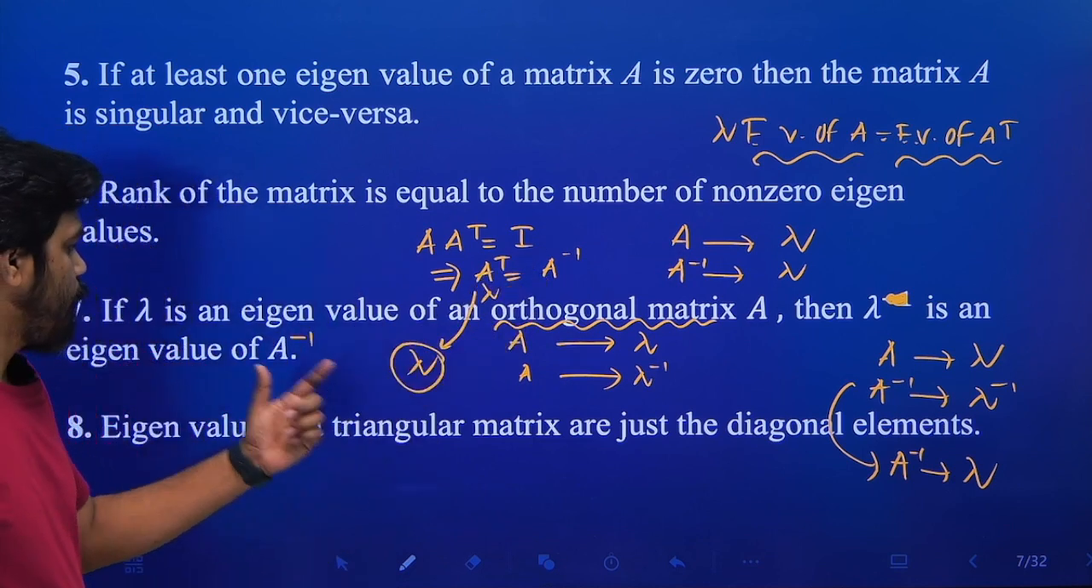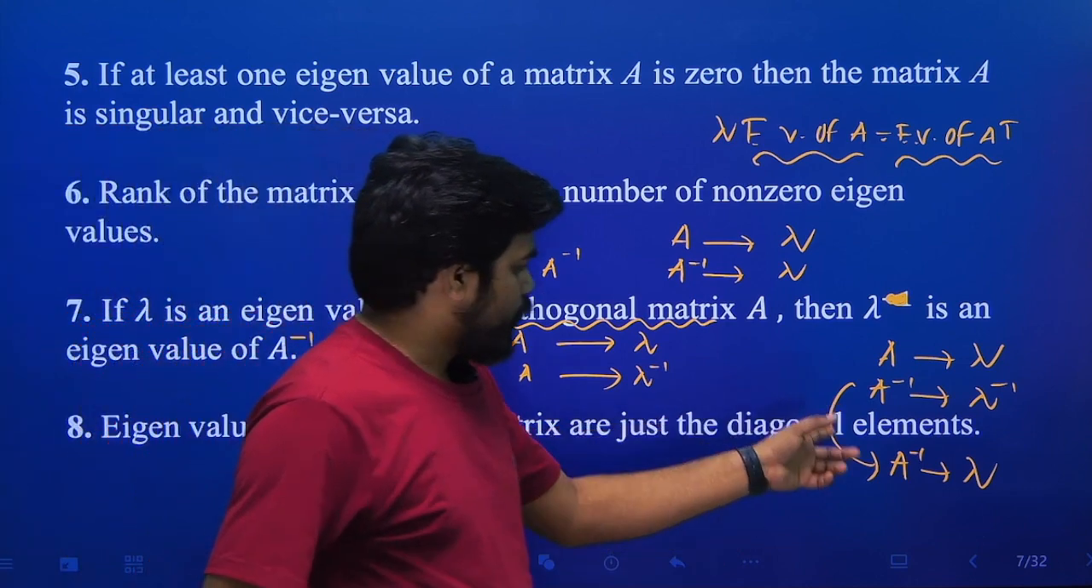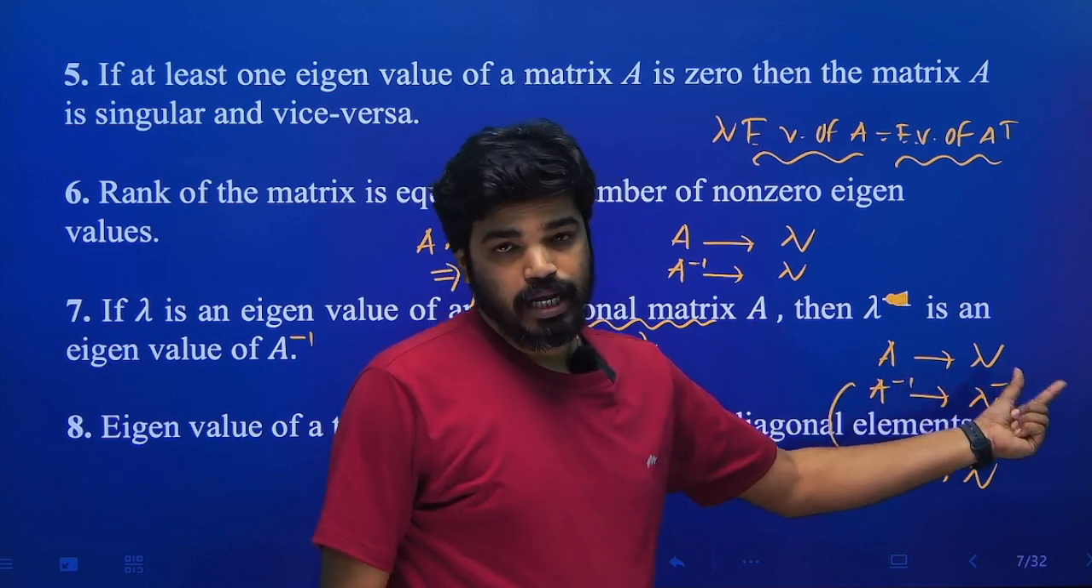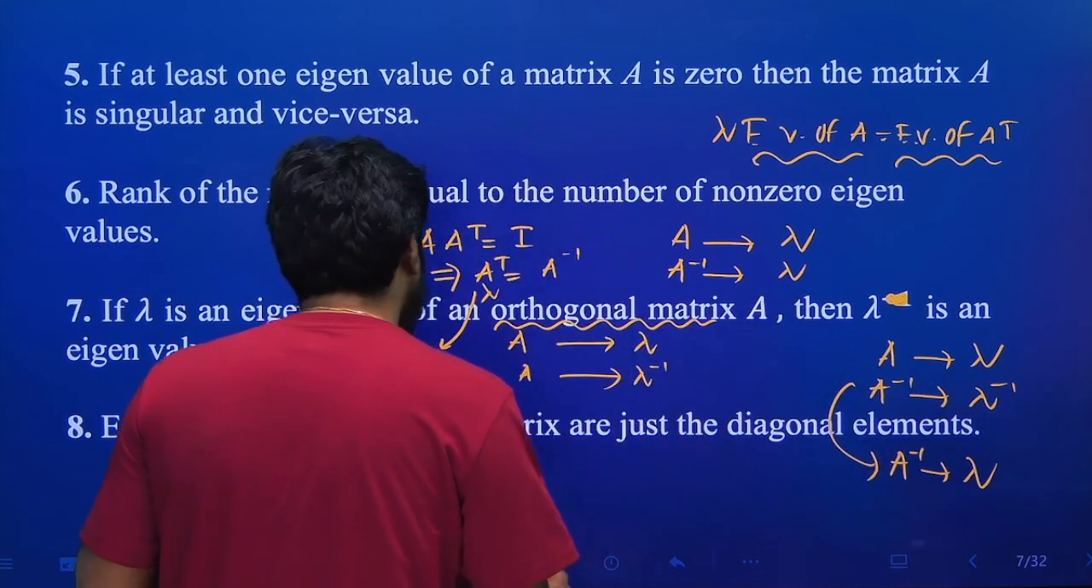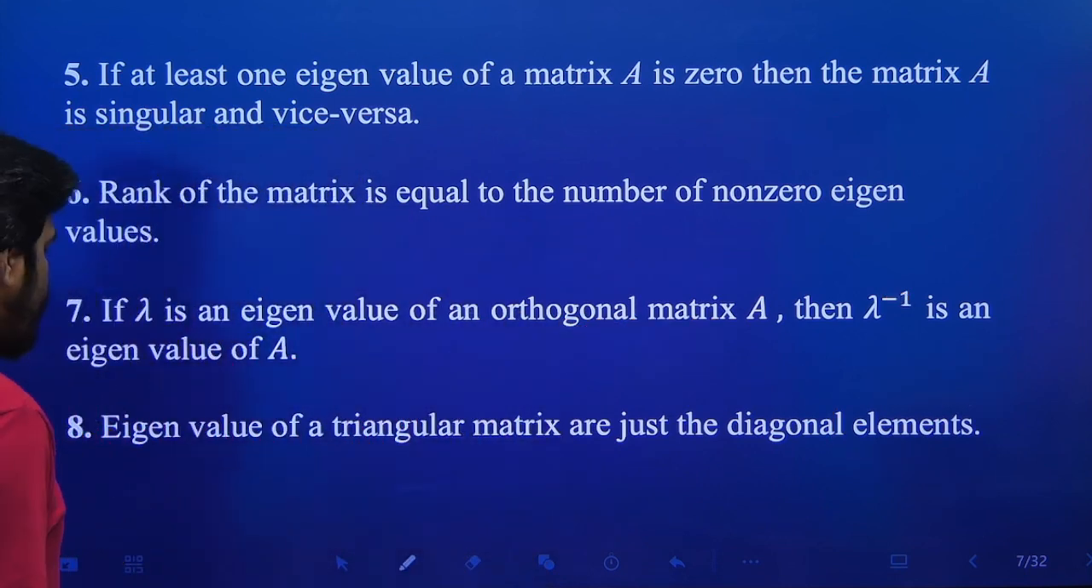আসবে? ল্যামডাই হবে, ঠিক আছে। তাহলে অর্থোগোনাল ম্যাট্রিক্স হলে A ইনভার্স এর আইগেনভ্যালু ল্যামডা, কিন্তু অর্থোগোনাল ম্যাট্রিক্স না হলে A ইনভার্স এর আইগেনভ্যালু কিন্তু ল্যামডা ইনভার্স হবে। তো it is a very very important property, okay, ঠিক আছে. Next, the